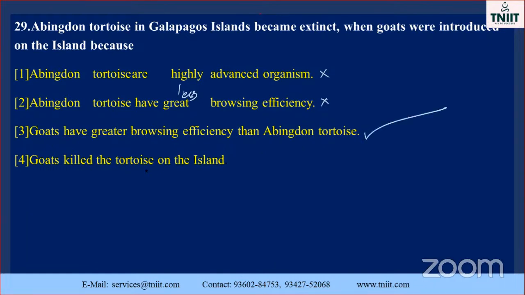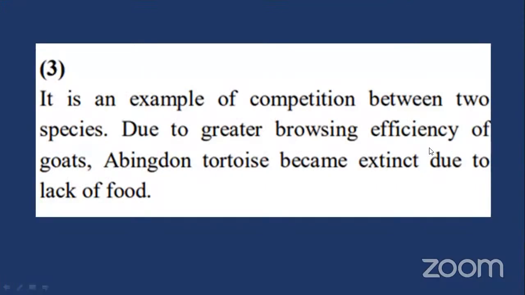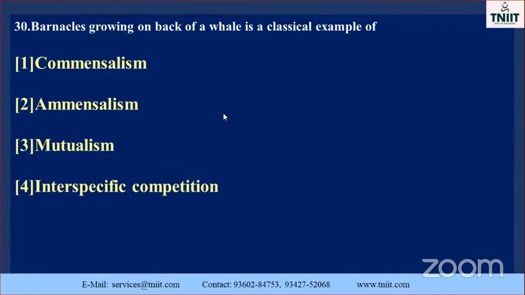Goats killed the tortoise on the island. No. So the third option is the correct answer. This is the NEET question 2023, my dear. Okay, the last question, listen here. It is an example of competition between two species due to the greater browsing efficiency of the goat only, not the tortoise. Abingdon tortoise became extinct due to the lack of food only. That is very, very important. Okay, my dear, so this is the concept. And the last one today, up to this level only,